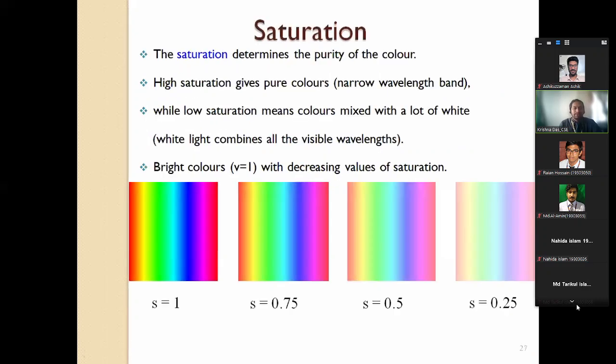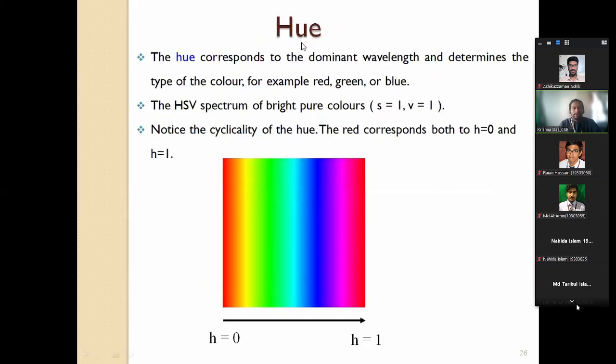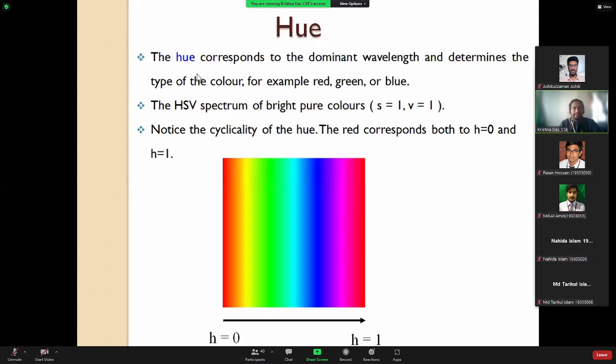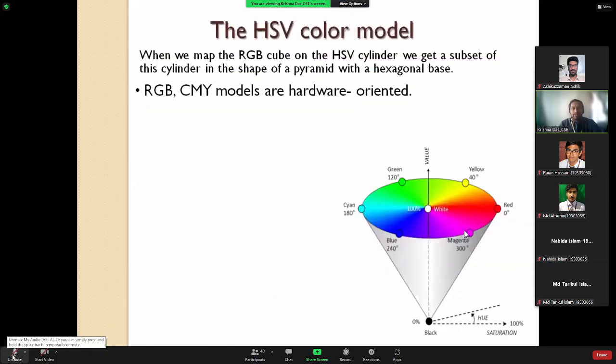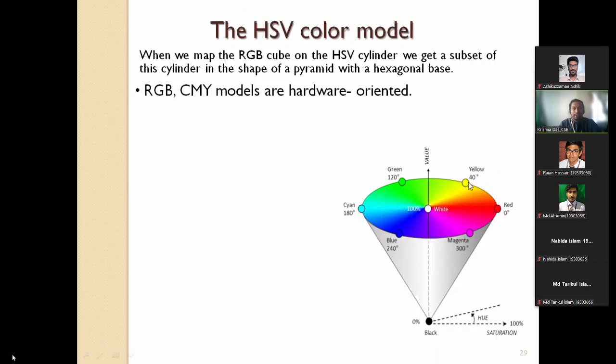So the first one, when we consider the hue, our saturation was 1 and the value was 1, then we can see a dominant wavelength, or the type of the color that we can see. So any type of the color, to see that, you must be anywhere on that boundary. So if I say I'm in here to show the magenta, at this point your saturation is 1 and your value is also 1.